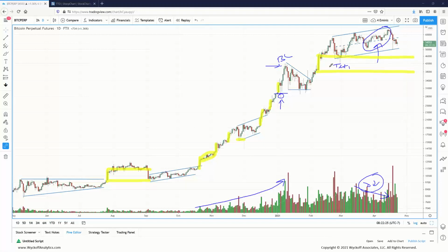Yeah, and we could have multiple tests. So, for instance, this bar was tested once, twice, three times. So that's why I'm saying that we're basically here. We're basically in this area. We're just consolidating. So the sentiment of every trader that I talk to who trades Bitcoin or cryptos is such that there is a fear that